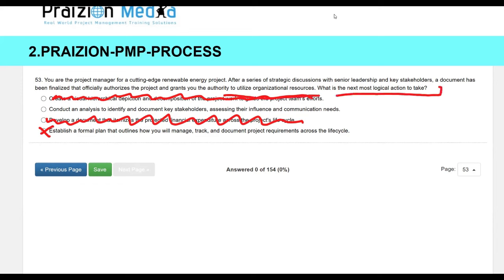So what do you do after developing a project charter? You would identify your stakeholders. You wouldn't go into planning immediately. Remember, the way it works in initiating, you go through the identification of stakeholders, and then you have the team, and then the work can begin in earnest. Okay? So the best answer to this one,